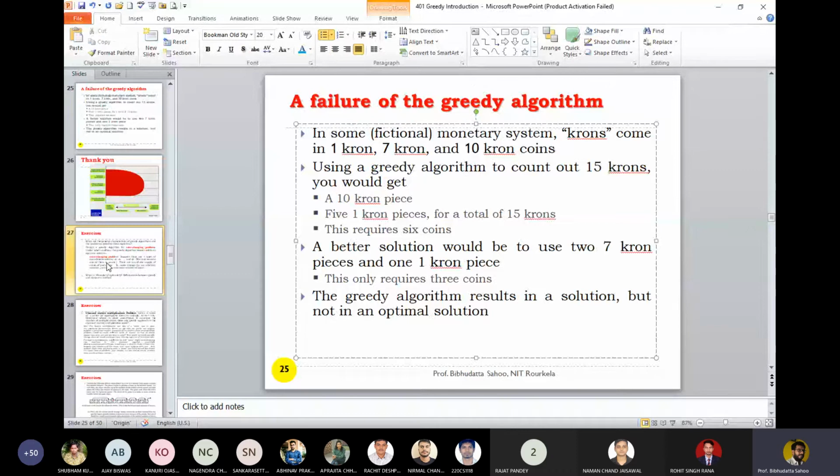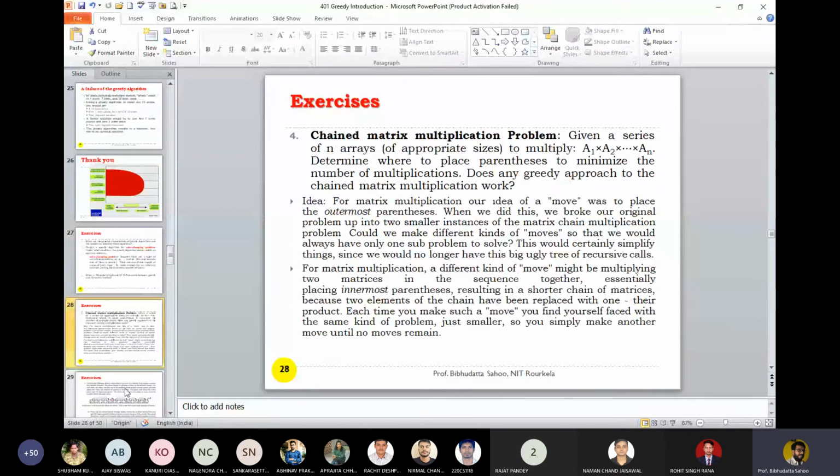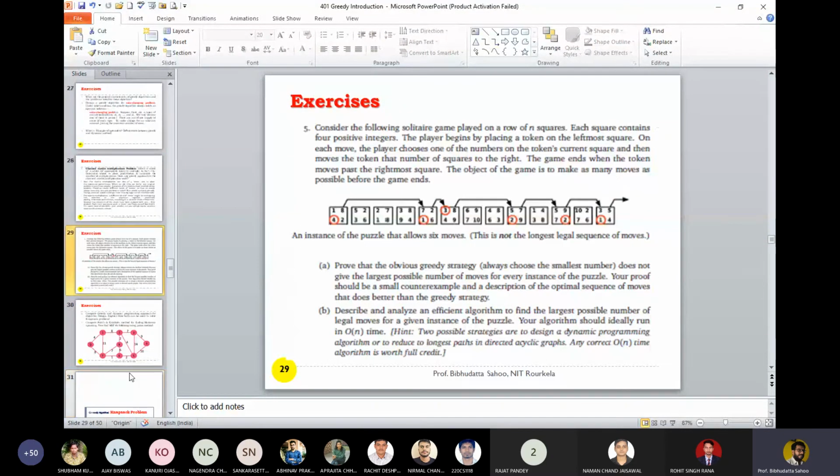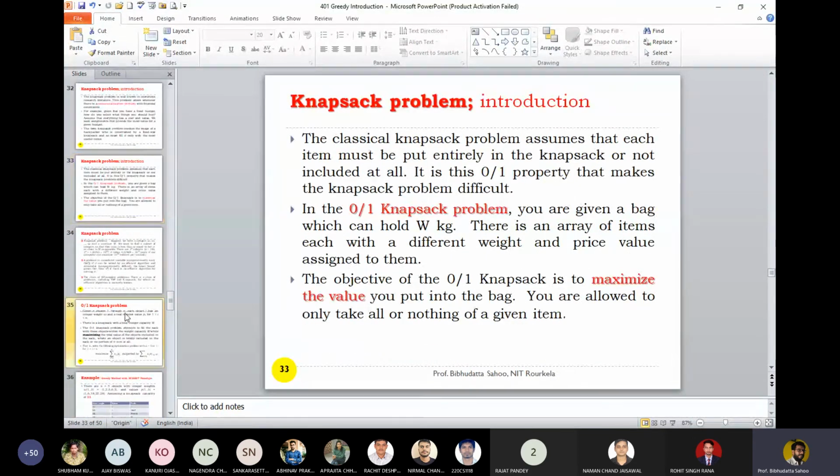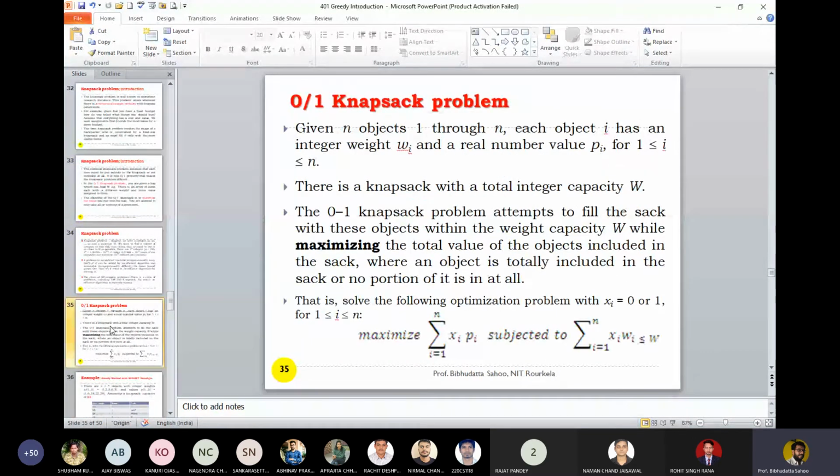Okay, now there are many problems which are discussed. Maybe I'm just coming to an example and quickly we'll finish this. As we have discussed, this 0-1 knapsack problem is an optimization problem, and I told you in one class why I am using the Sahni book: because the same 0-1 knapsack problem is discussed in all paradigms: greedy, dynamic, backtracking, and branch and bound. So the objective is to maximize the profit.